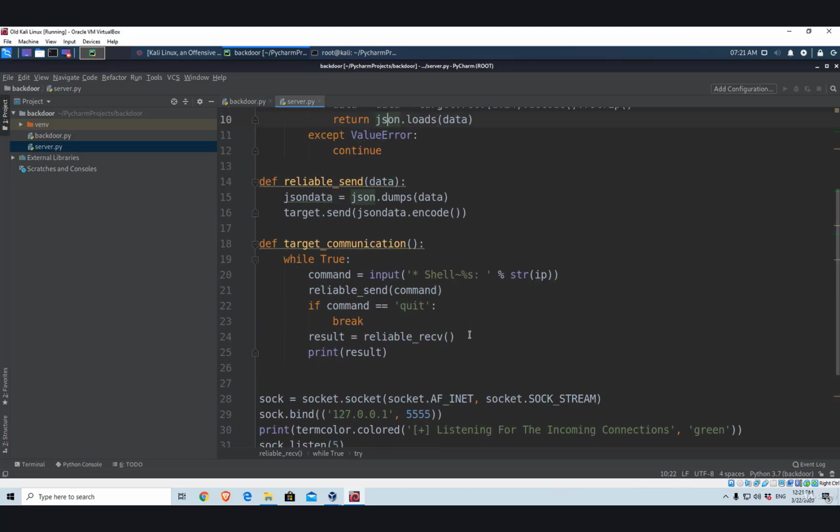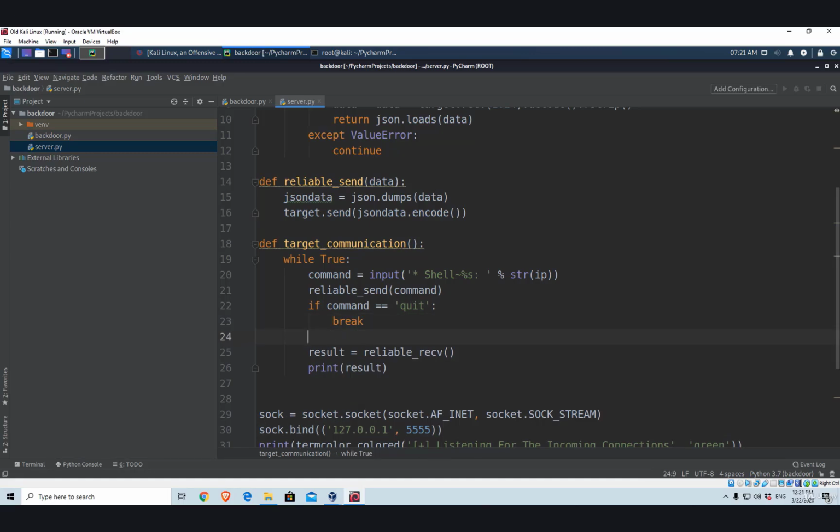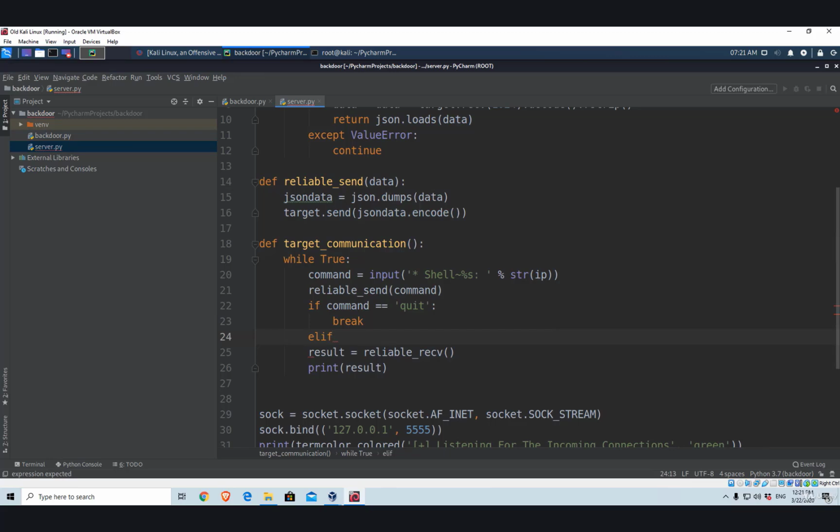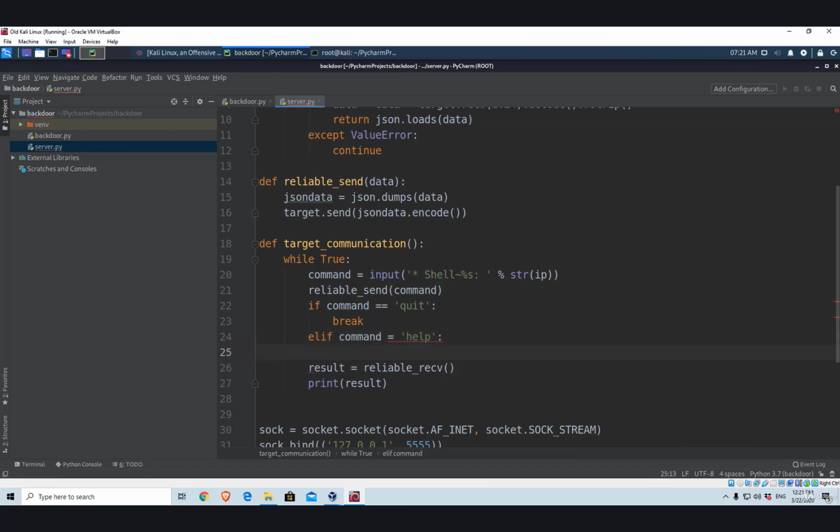Let me show you what I mean. If we go to our server program and to our target communication, you remember here we compare the command with quit, and in case the command was indeed quit, then we break out of this loop and exit the program. Let's do the same with the help command. So we're going to add an else if statement, and we're going to compare the command with the help string. In case the user of the server inputs help, then we want to print